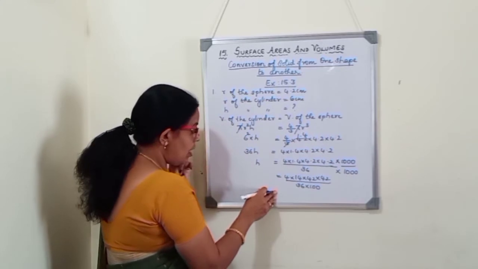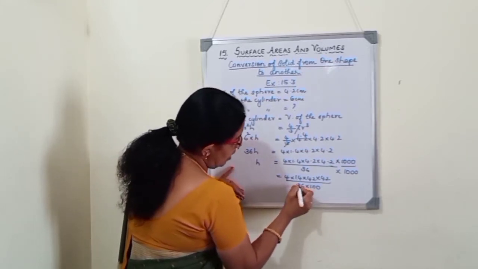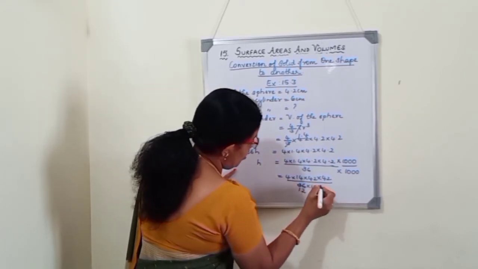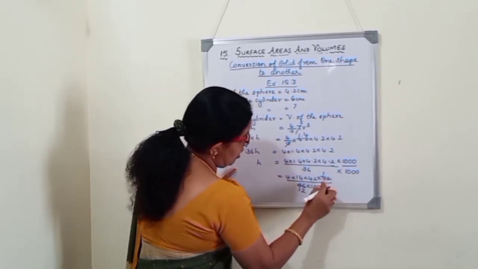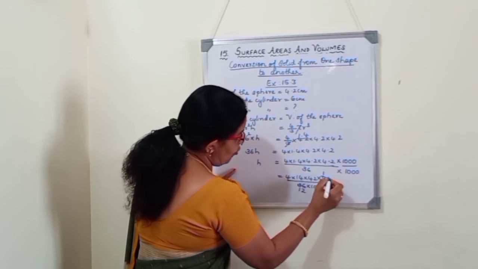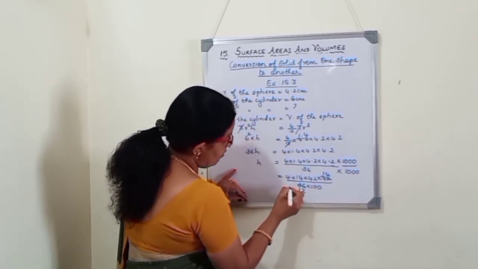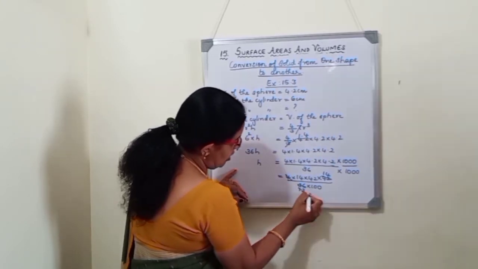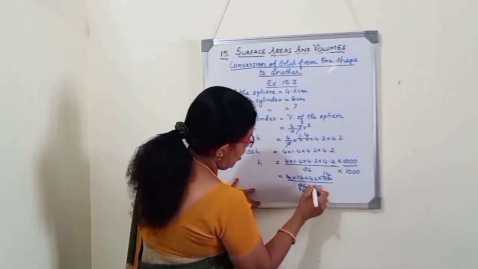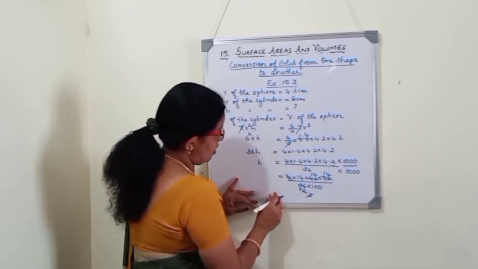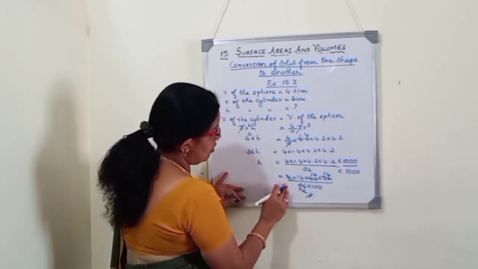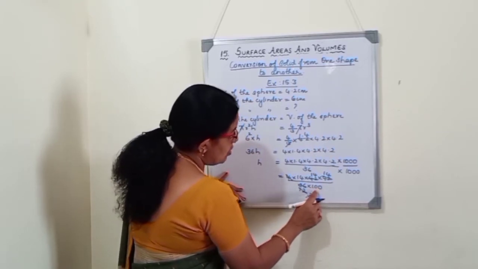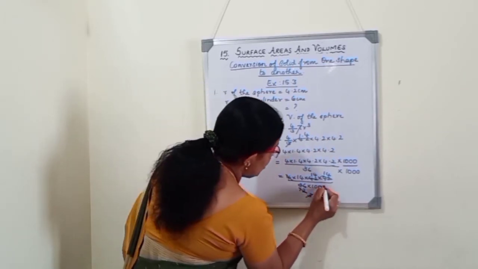Now we will cancel. 3 table, if you cancel, 3 1s are 3, 3 12s, 3 2s are 6. 3 table, if you cancel here, 3 1s are 3, 3 4s are 12, we will get 12. Again we will cancel in the 2 table if you can, 4 table directly I will cancel, 4 3s are 12. Again 3 and 14 we will cancel. So here we will get h is equal to 14 into 14 into 14 by 1000. Sorry, 100. So 1000 here.